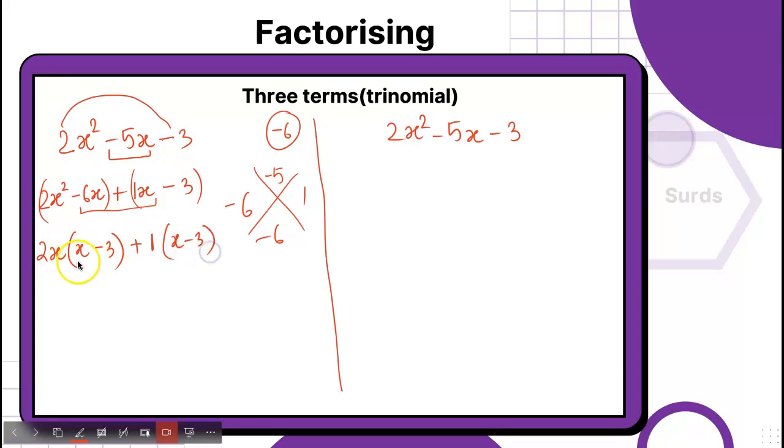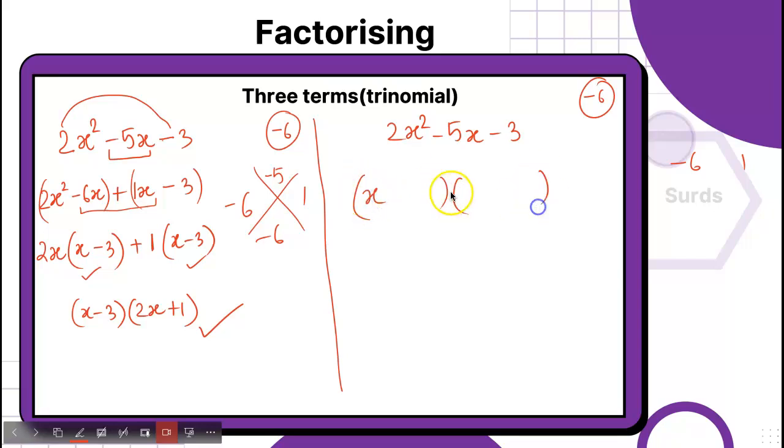No need to worry. x minus 3 is common. So x minus 3 and 2x plus 1. And this is the final answer we've got. Okay, there. Again, minus 6 is the thing. We know everything, like minus 6 and 1 is the factor. So you're going to be writing